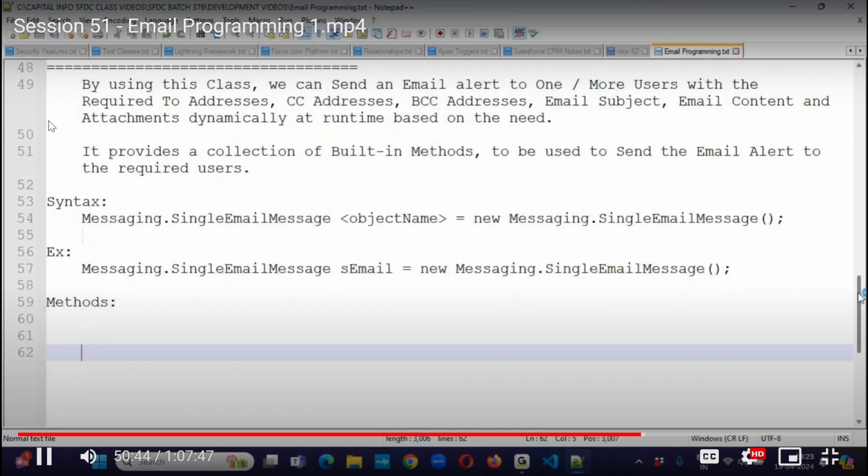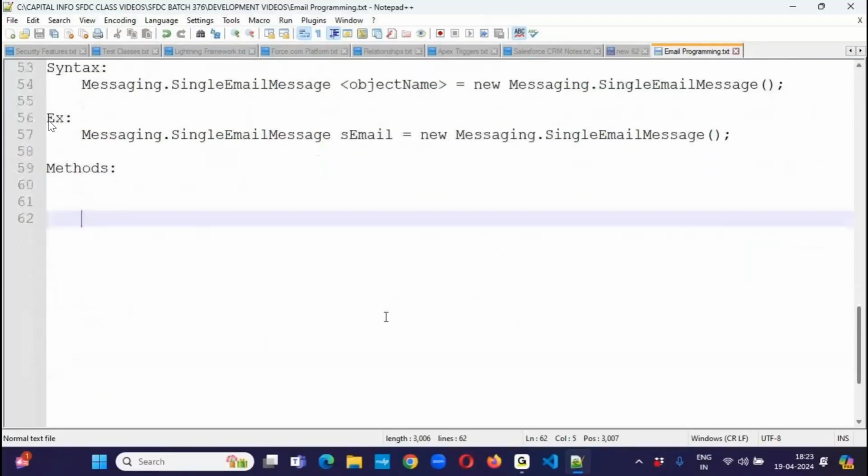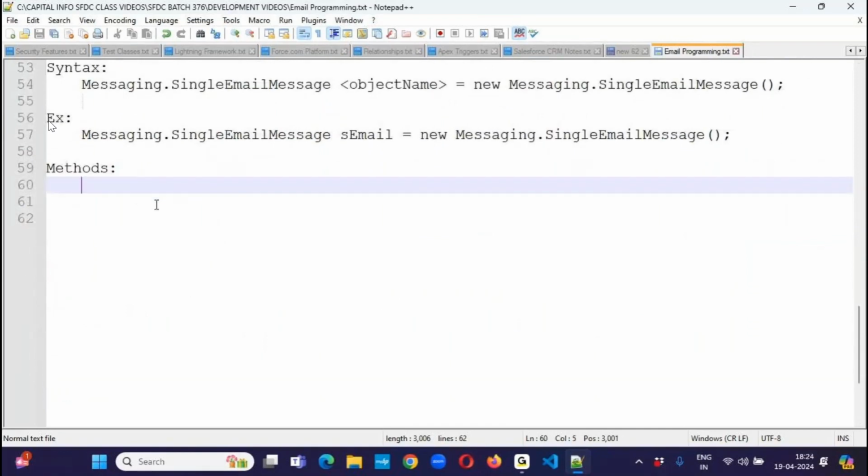As part of this SingleEmailMessage class, we have some set of built-in methods. What are all those methods that we have? Now let's see. The first method